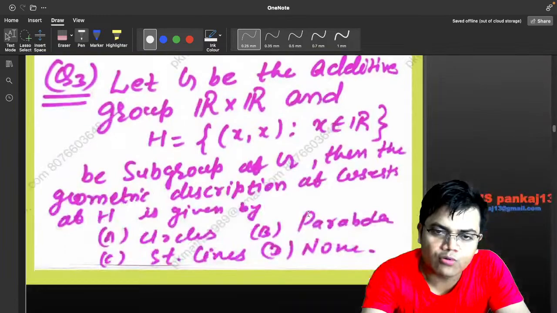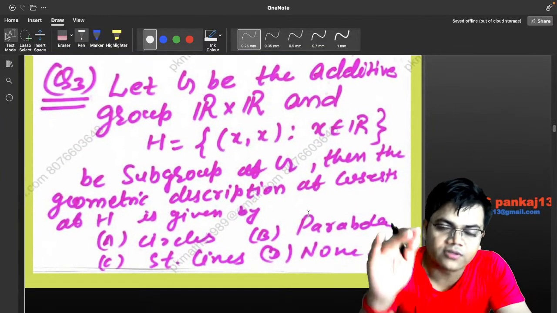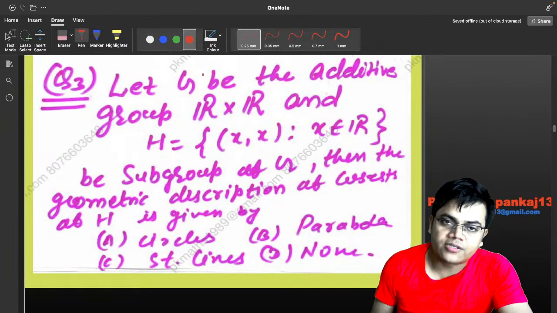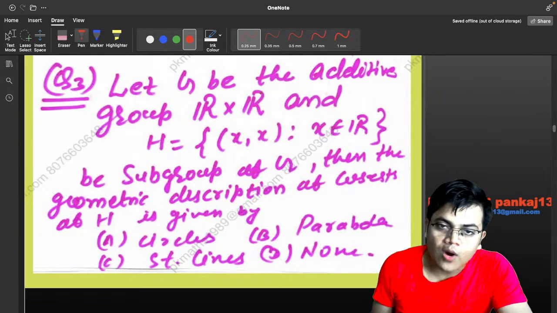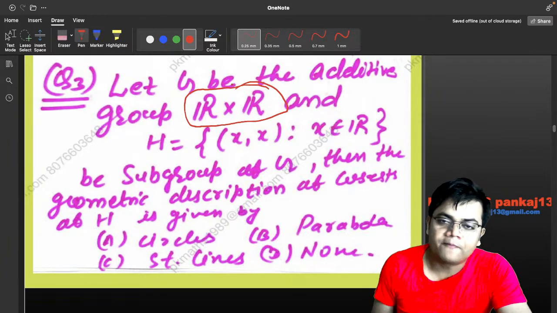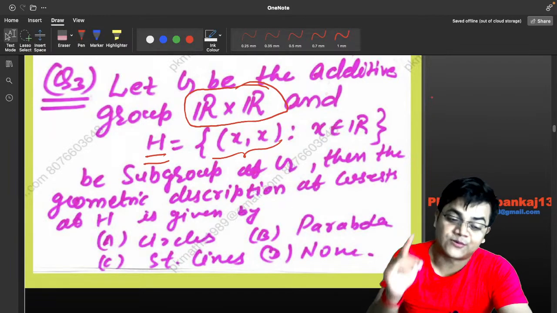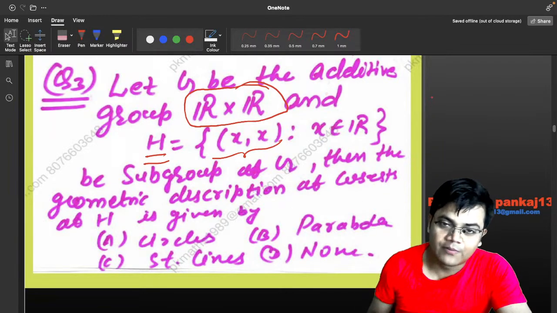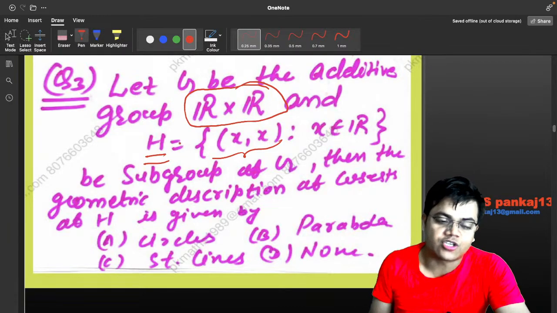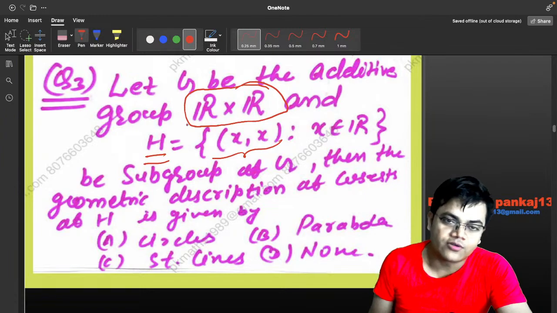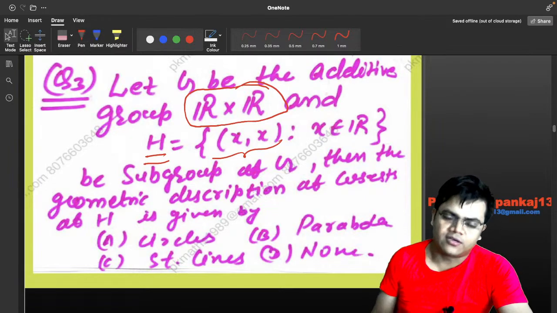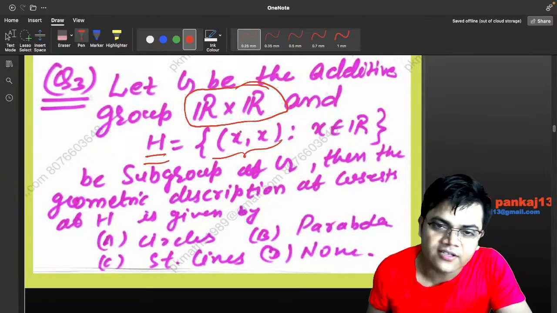Now one more question is over there, completely based on the geometric description of the cosets. Let G be the additive group R cross R. So what is your group over here? R square, you can say. And the binary operation is certainly addition. What is H? A special kind of ordered pairs, I mean to say y is equal to x. Geometrically you will be able to understand what this H is. But I will not reveal it now because you have to give the right answer, and thereafter you will get a clear-cut intuition to say the things within seconds.